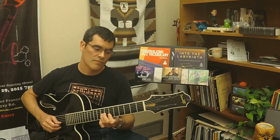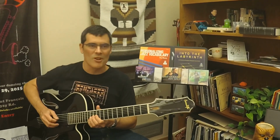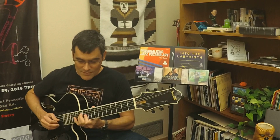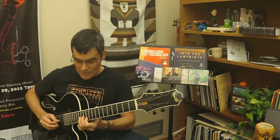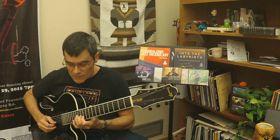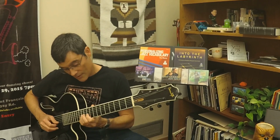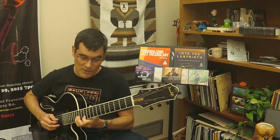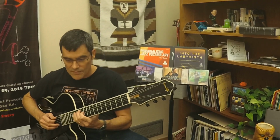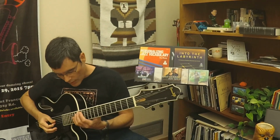Up here, already should have. Maybe, let's see. Some of them I know better than others. Oops. And make sure I get under D flat here, then a 2-5 to C, and then I can get to the key of B flat without necessarily having to go this way. Although when I'm improvising, I don't force myself to stay in one area of the guitar. It's good to be able to